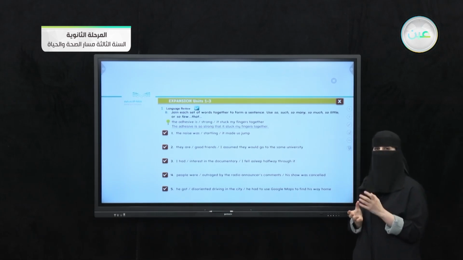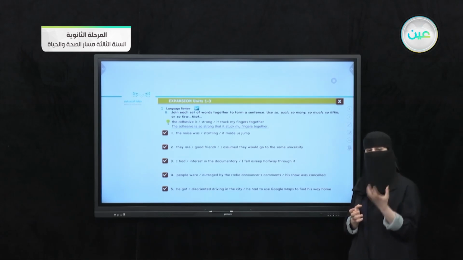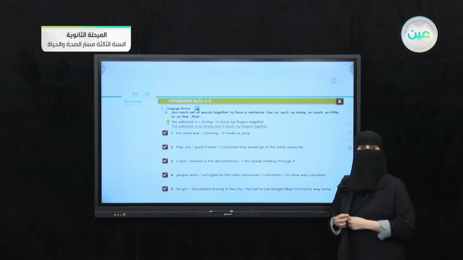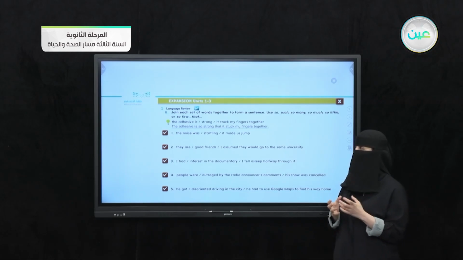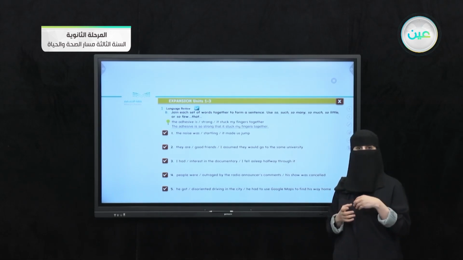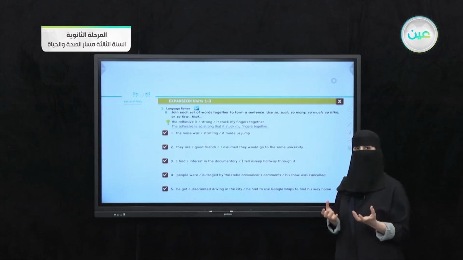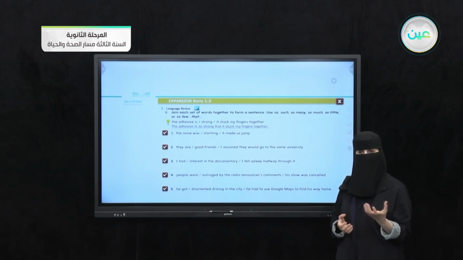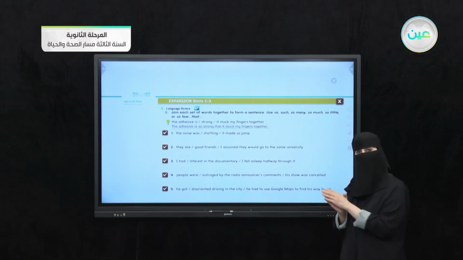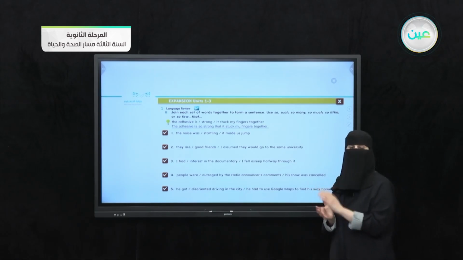I want to remind you about these expressions or grammar points. I can use all of these expressions when I want to tell other people that the sentence has a cause and effect. So the first part of our sentence is a cause, and the second part after the conjunction that is the effect of it.